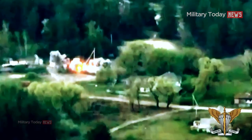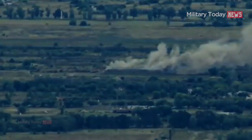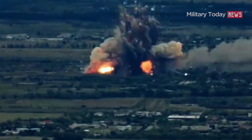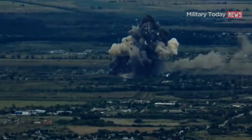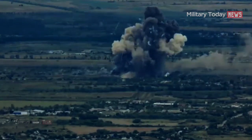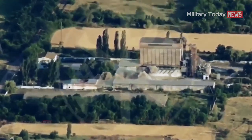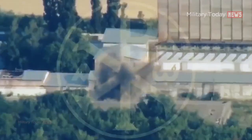In another place, video captured the moment Ukrainian forces destroyed a Russian ammunition depot in Vysokopilia in northern Kherson Oblast. The footage showed images of a Russian weapons depot exploding in Vysokopilia in the northern Kherson region following a successful attack performed by Ukrainian forces. Smoke and fire are seen spreading from the explosion point right on top of the warehouse used by Russian troops